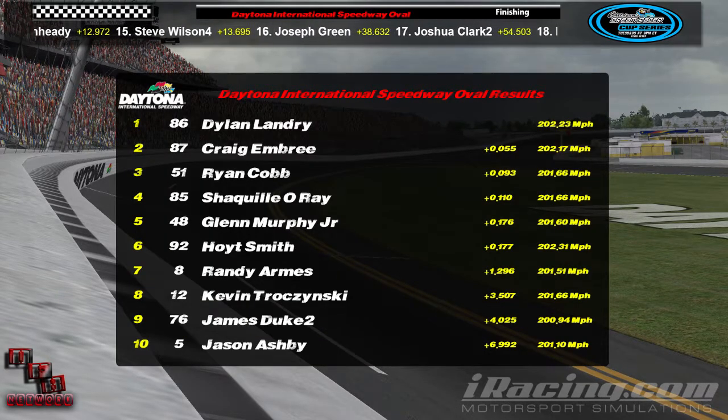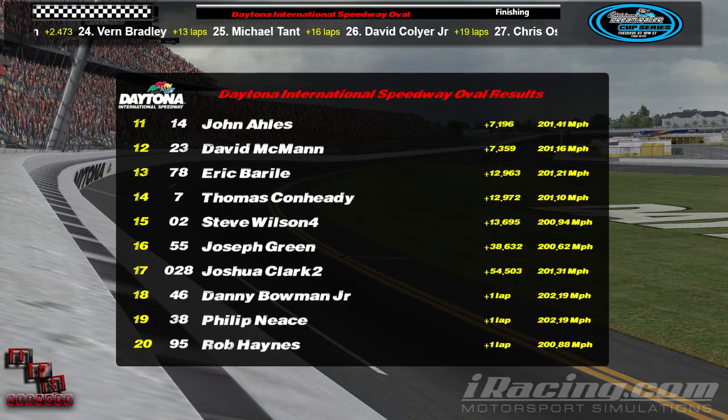Once again, Dylan Landry coming away with the victory. The 87 of Craig Embry in second. Ryan Cobb, Shaquille Ray, your pole sitter here tonight, rallied back to finish fourth. Glenn Murphy Jr., most laps led out of the 48 car, finishes in the top 5. Total, I believe, 42 laps there for the 48. Hoyt Smith, Randy Arms, Kevin Trzynski, James Duke, Jason Ashby, rounding out your top 10. Looking on back, John Ailes, David